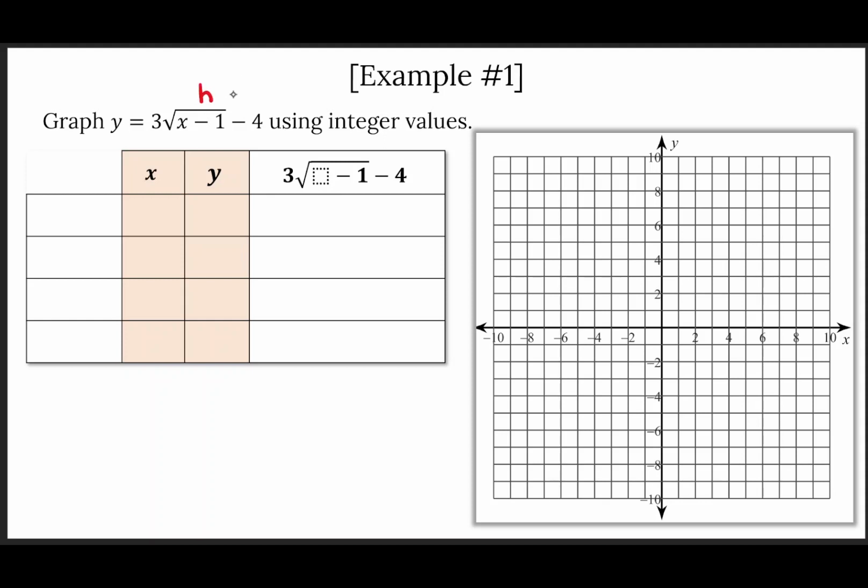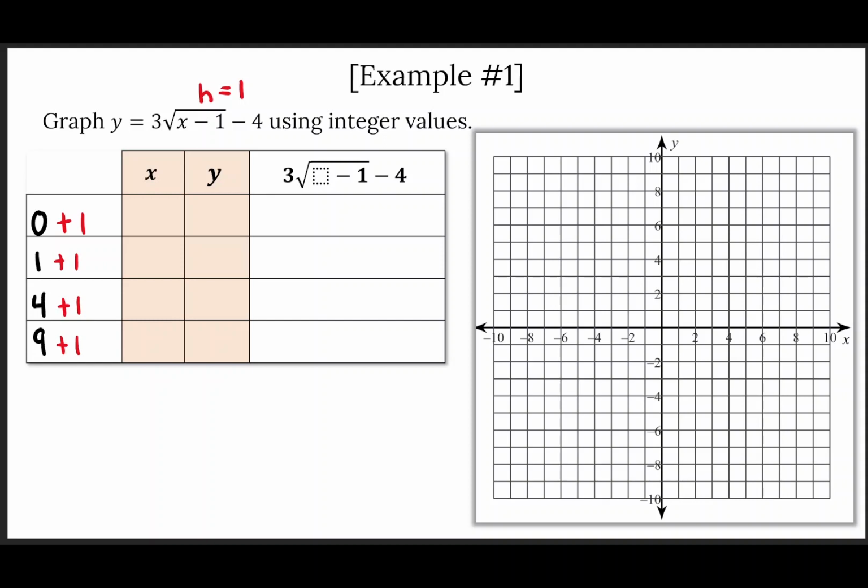We have a horizontal translation of the minus that belongs to the formula, so I'm going to say my h number is the opposite of that. H number is positive 1. If I think of numbers that work with a square root function, normally square numbers 0, 1, 4, and 9 would be good options, because if I square root those, I get whole numbers back. Since I have the minus 1, I will adjust with my h number, and I'll put a plus 1 on each one of these